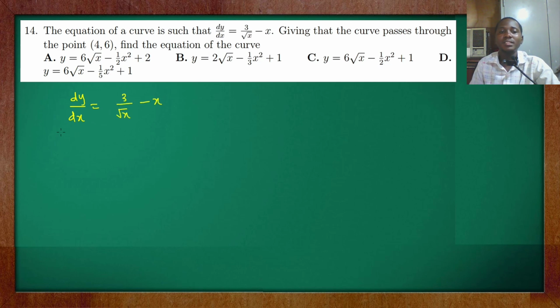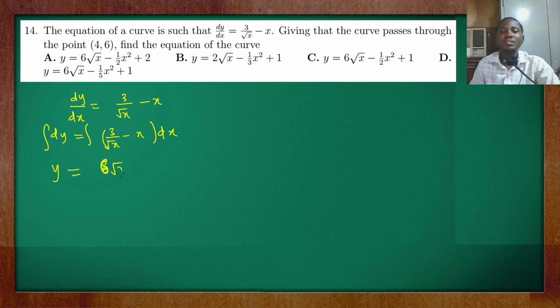Okay, so that means my dy is going to be 3 over square root of x minus x, multiplied by dx. So if I integrate both sides, this with respect to y and this with respect to x, I'm going to have y equal to, if I integrate this, 3 times square root of x raised to power minus 1 over 2, which is still the same thing as 6